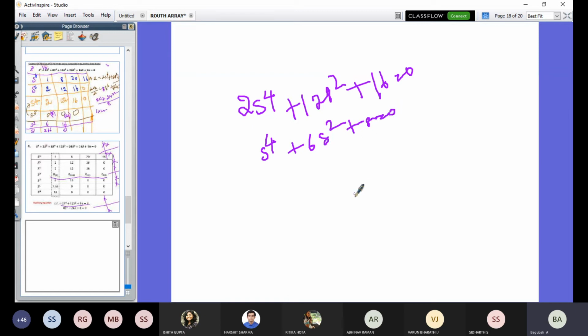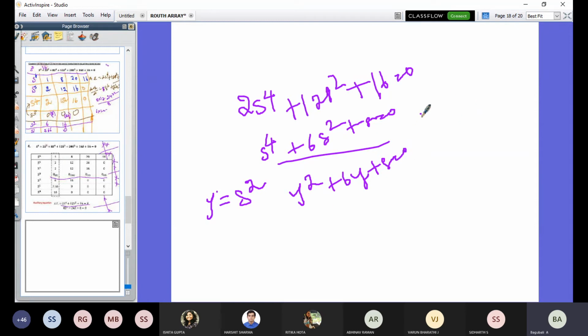Now you can substitute into the roots equation. Before that, here 4 roots are there. So you can consider y is equal to s square. Then you can replace this auxiliary equation. What is the auxiliary equation? y square plus 6y plus 8 equal to 0. Now you are going to determine the roots.